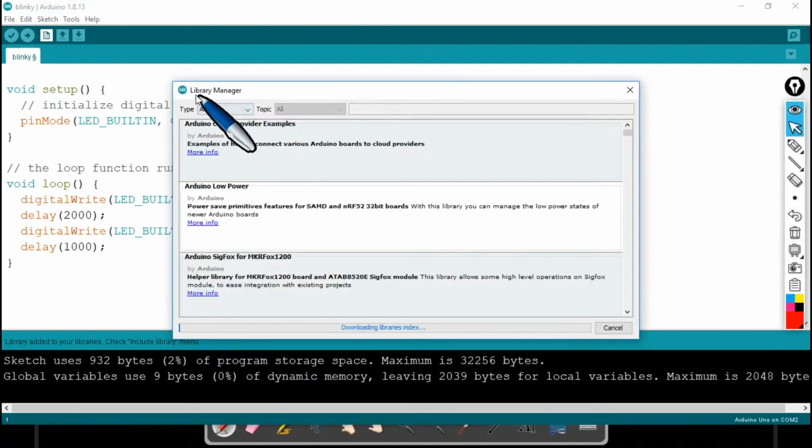You can see that this Arduino IDE brings one more new window titled Library Manager, where it's downloading all the library indexes. It takes a while to download all the indexes of libraries.